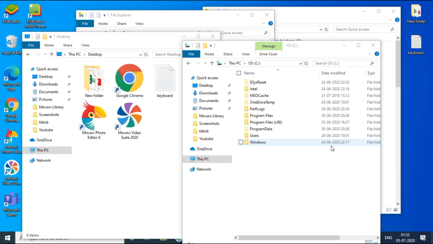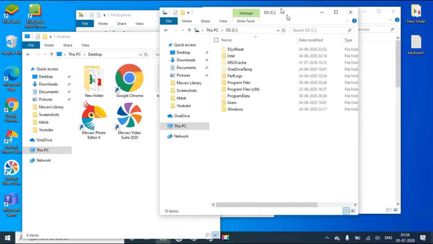So let me enter into the topic. Today's topic is shortcut keys for Windows 10. If you know a lot of shortcut keys in Windows, then you can work easily with Windows. I'm going to tell 20 shortcut keys which maybe you don't know. Most of them know that, but I took shortcut keys which we are rarely using. If you use them, it will be so easy to work with Windows.